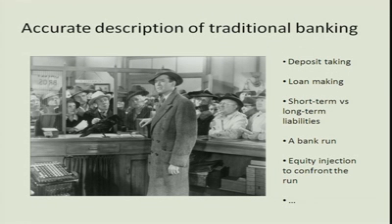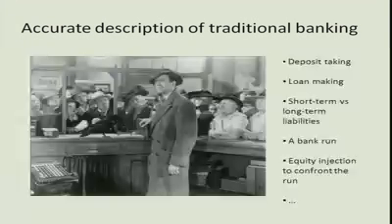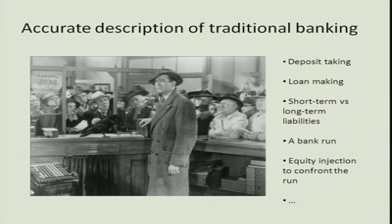There is a very nice description of loan making, a very erudite description of the whole maturity structure of the balance sheet of banks. There is a bank run, perhaps the height of one of the important parts of the movie. There are even ways to fix a bank run. For instance, equity injections to confront the run. When George Bailey's wife takes $2,000 in cash out of her purse, the $2,000 they were going on the honeymoon, and those $2,000 are used at the height of the run to actually try to pay back the current customers of the savings and loan.